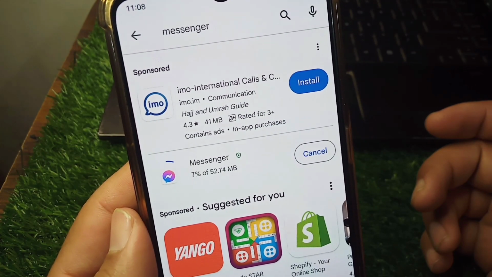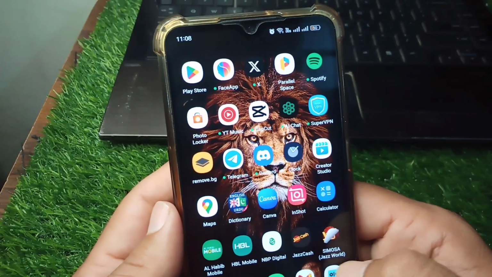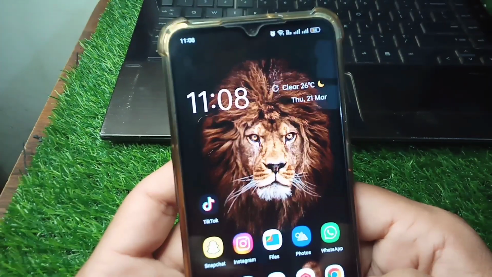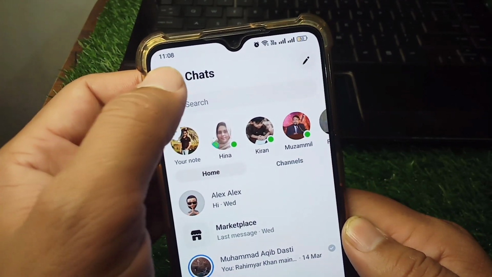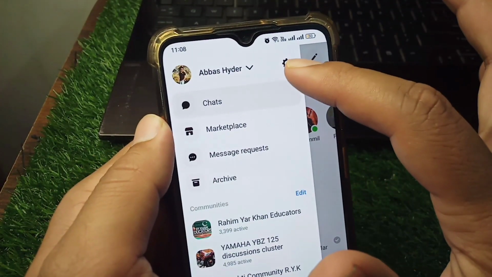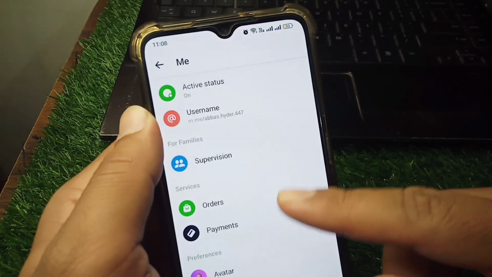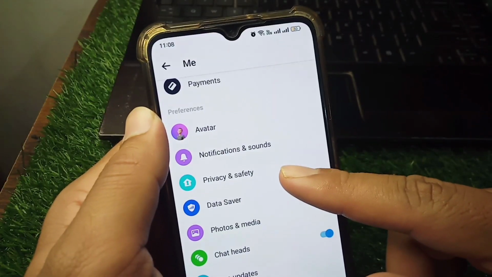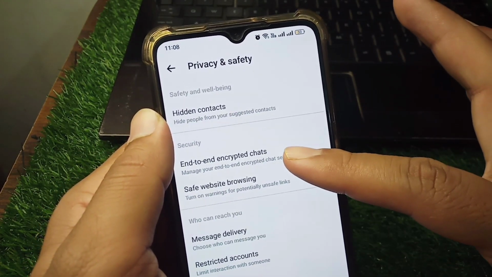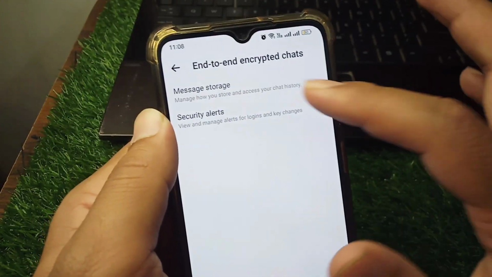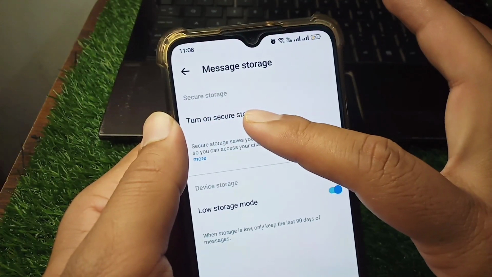and once you update your messenger, you have to simply go back to your home screen again, and now you have to simply open your messenger, and from here tap on the three lines button, tap on settings, the gear button, scroll below, tap on privacy and safety, and now tap on end-to-end encrypted chats, tap on message storage, and tap on turn on secure